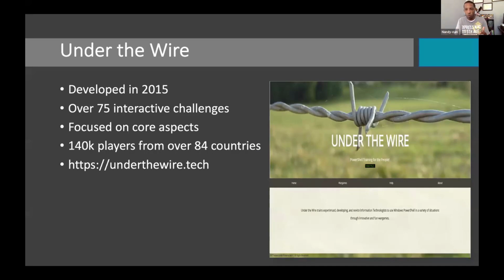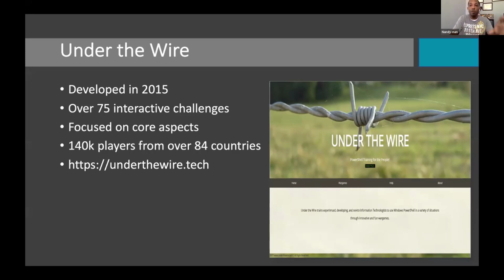Call it exploratory learning of sorts. There's 75 challenges that are there. To date, we've had over 140,000 unique people play from roughly 84 of the 193 countries, right? So again, it is free. We make nothing off of it. It is to help people get comfortable with the language and learn it.